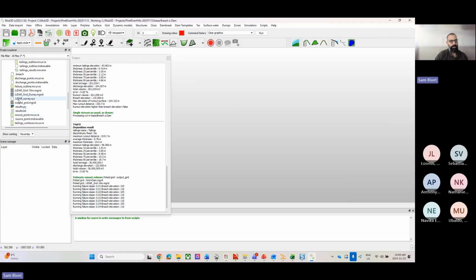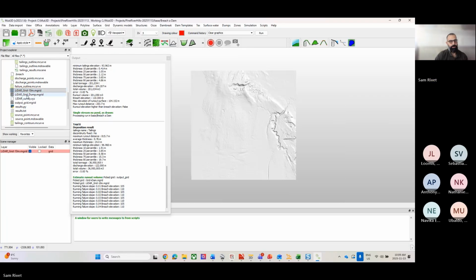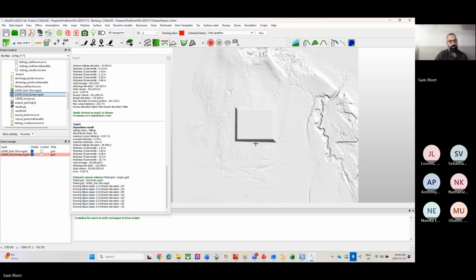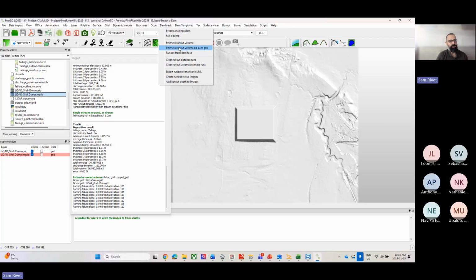Okay, for this one, I'm going to go back to my dump. Original ground with my dump. So this tool is the same as the previous tool, except you don't need that additional surface with just the dam. You need that original ground surface, and then your facility as it exists, with the retaining structure,